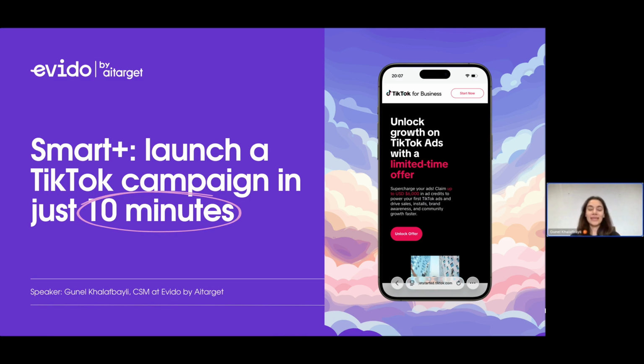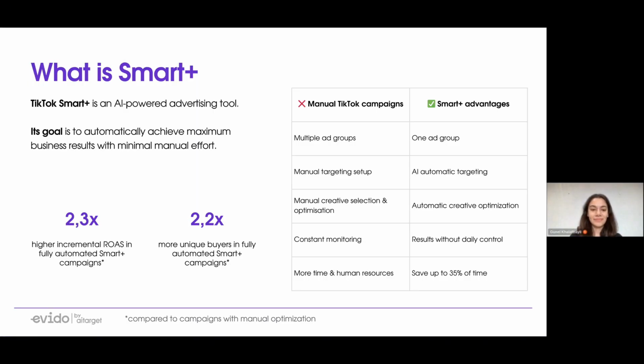I am currently working at AdHand by Aitarget, and today we are going to start launching a brand new Smart Plus campaign on TikTok. Let's start by talking about what Smart Plus is. Smart Plus is an advanced advertising tool based on artificial intelligence. The purpose of this tool is to automatically help you achieve the maximum possible business results with minimal involvement required